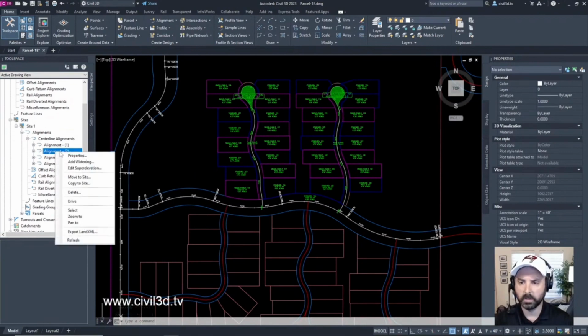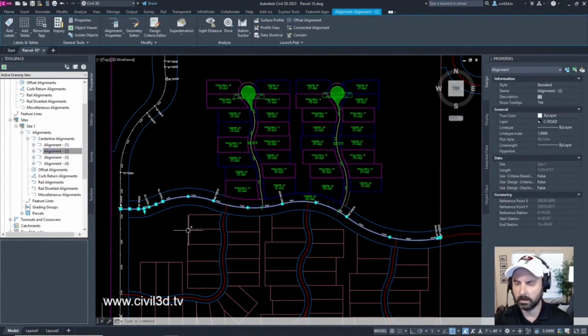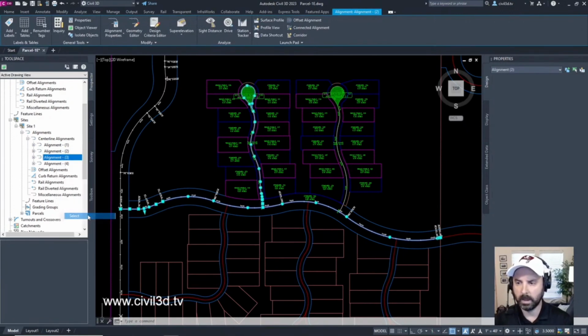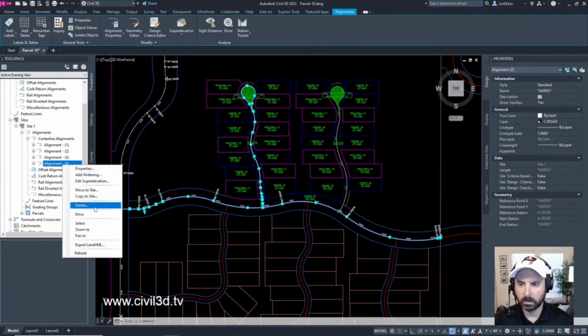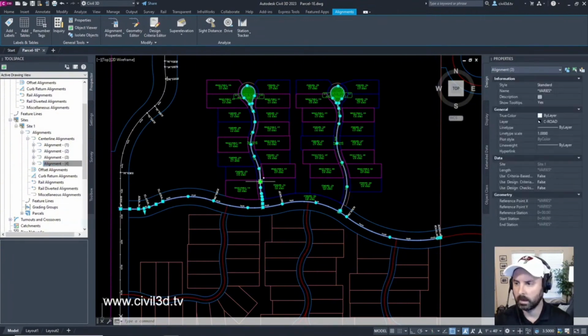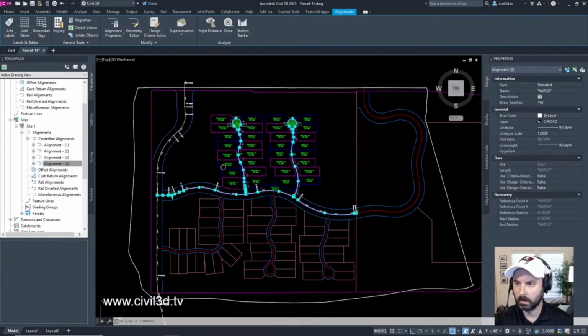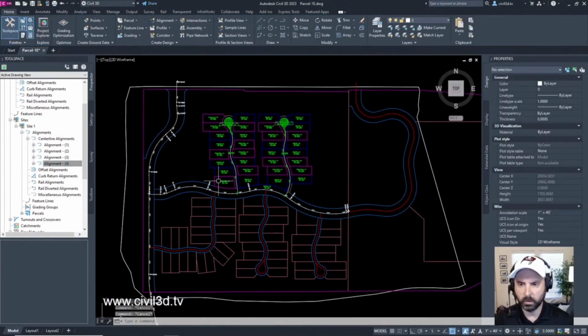Alignment 2, which one is that? Select. That's alignment 2. Alignment 3, we'll select that. That's alignment 3. Then alignment 4, we'll select that. Okay. Gets me used to my alignments. Let me check some of the settings here.